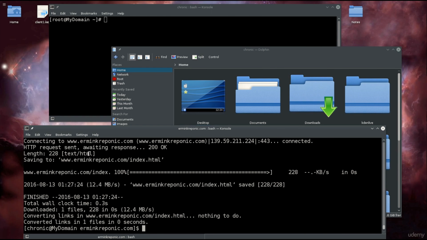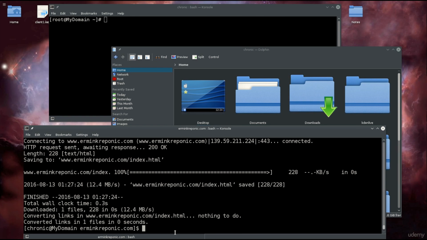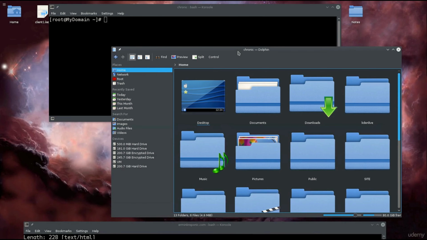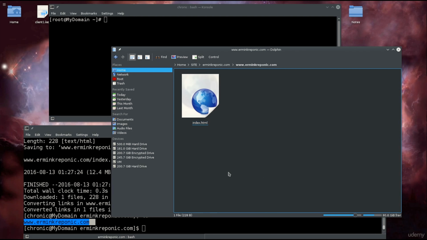Okay, so this is finished rather fast, and it usually will finish rather fast, perhaps not as fast, because my site is rather simple. And there you go, I have this saved. So if I go into my file manager, and I go into site, and into the domain folder, and then I go into the folder where it has been downloaded, I get the index.html. And if I go ahead and open that up,